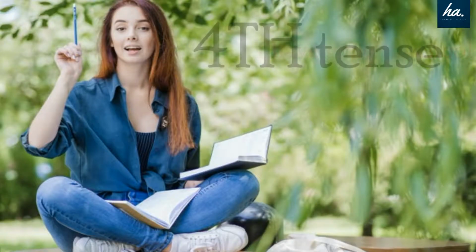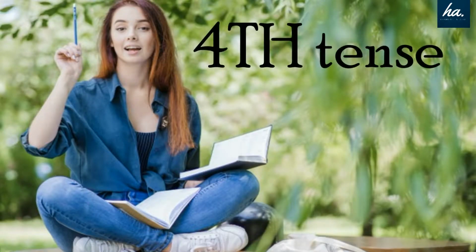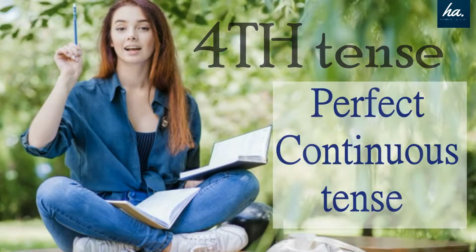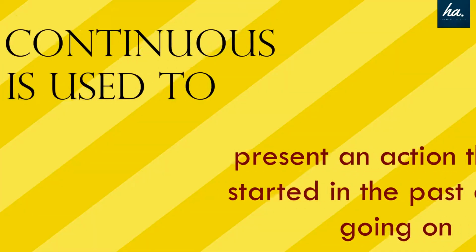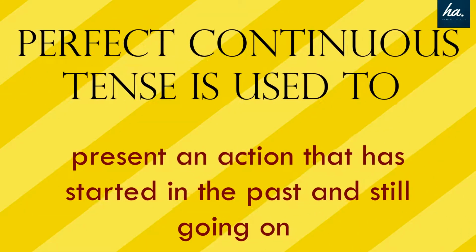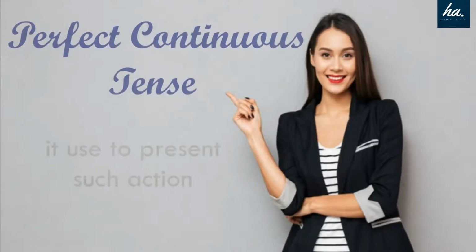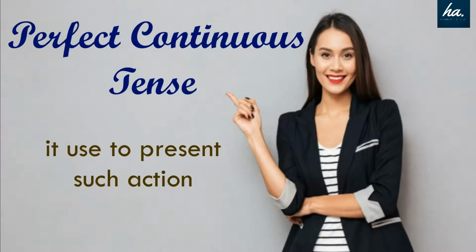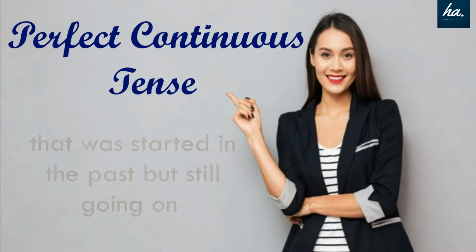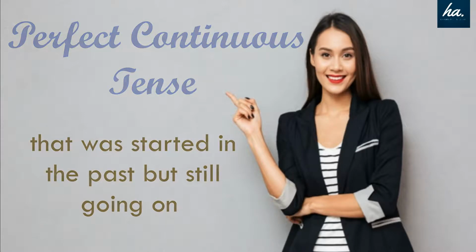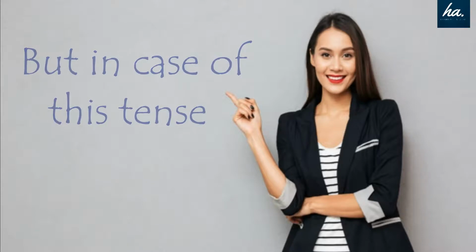Be relaxed. Now here's the fourth and the last tense of the English tenses, that is perfect continuous tense। This tense is used to present an action that has started in the past and still going on। मतलब परफेक्ट कंटिन्यूअस टेंस किसी ऐसे एक्शन को एक्सप्लेन करने के लिए या प्रेजेंट करने के लिए यूज किया जाता है जो कि पास्ट में स्टार्ट हुआ था बट अभी भी हो रहा है।